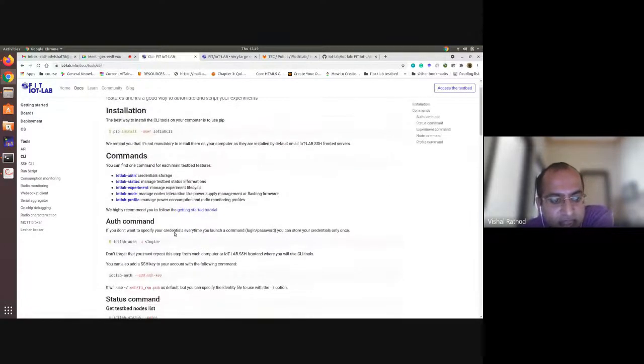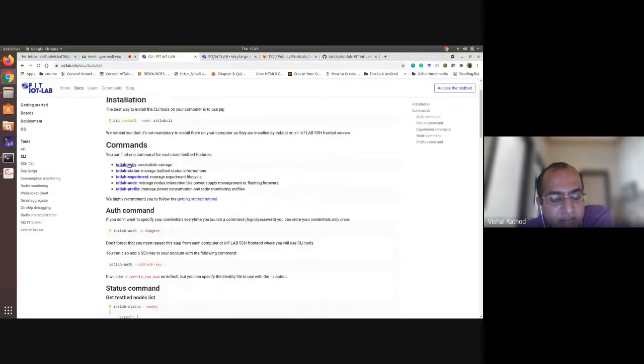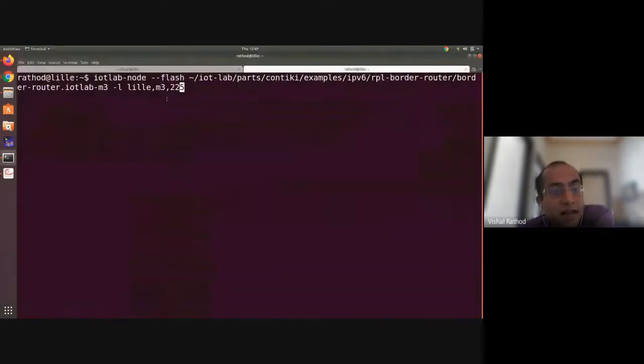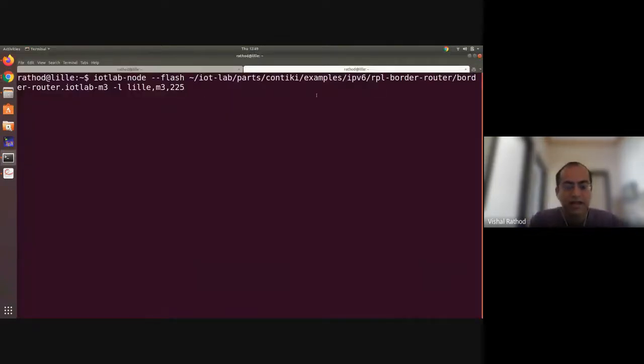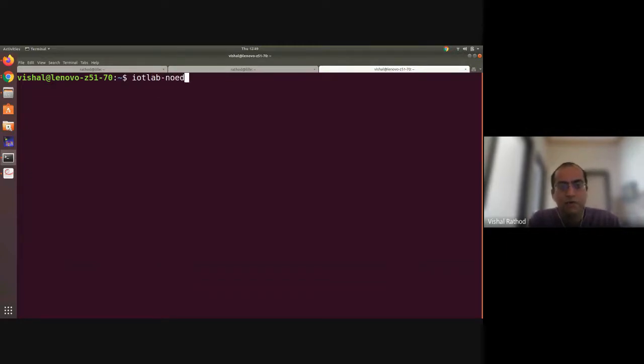These are the command line interface tools, such as IoT-LAB authorization. When you run this CLI interface for the first time, first you have to do the authorization. The command is iotlab-auth. Then the command is like iotlab-node -u, then your login name, and after that it will ask you for the password. Then you are done.